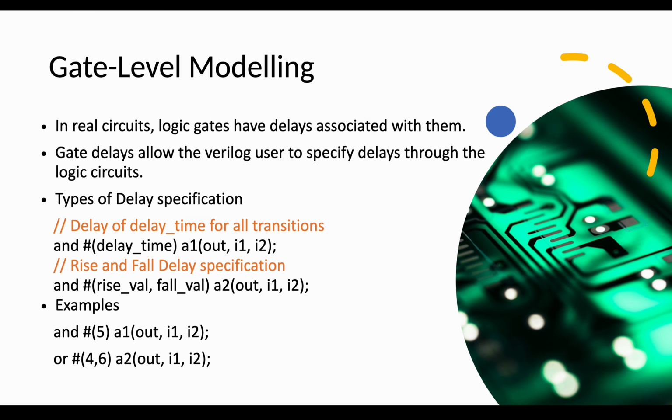Hash in brackets, we give the delay time, then the gate name, A1, output, then inputs. For rise and fall delay, we have hash (rise value, fall value), then the gate name, output and inputs. In the example I have given, and #5 A1 (out, I1, I2), which means we are giving a delay time of 5 nanoseconds. And the next example, or #(4,6) A2 (out, I1, I2), in which 4 is the rise value and 6 is the fall value. So moving on,